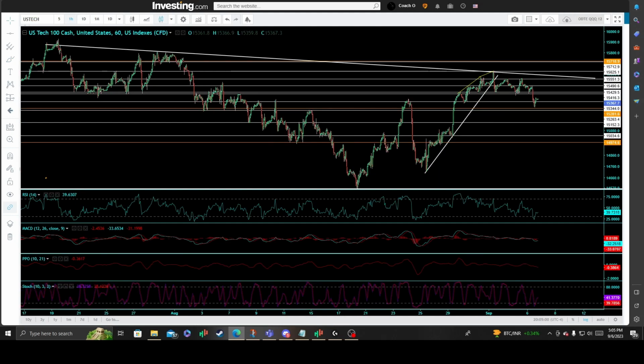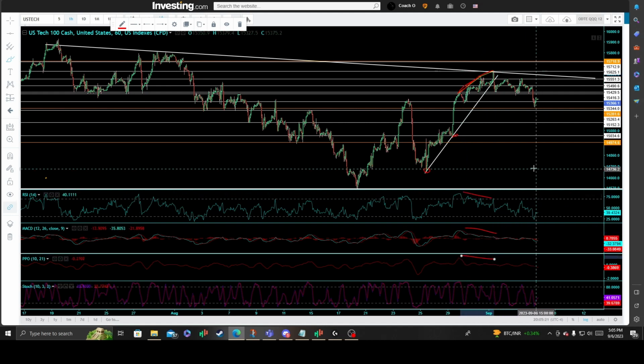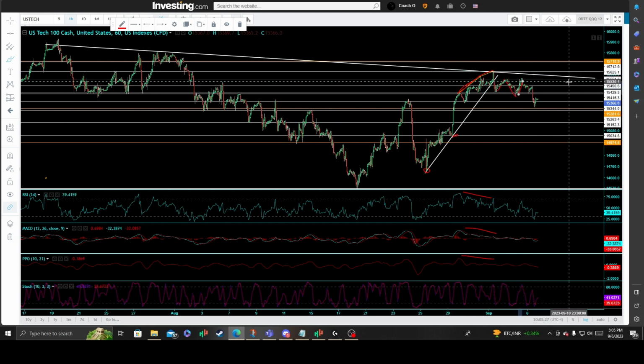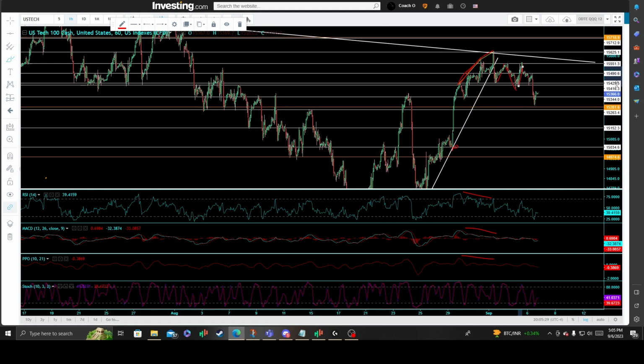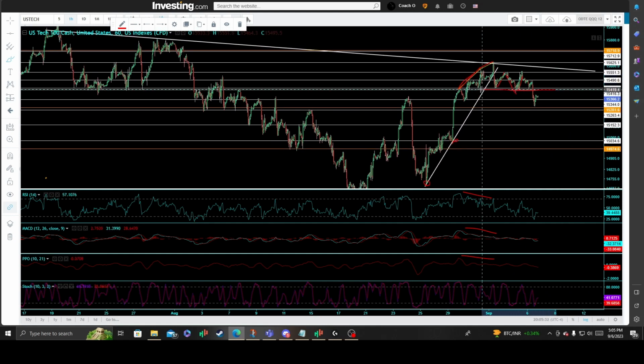Zooming you into the US Tech 100 futures here off the 60-minute interval, and I had favored a breakdown sell signal off this minor primary uptrend line, where we had these nice clean negative and bearish near-term divergences forming amongst all three technical momentum indicators. And that was met with a wave of selling, especially since we had cracked the 15,416 price support I had mentioned. And again, that was met with a stronger wave of selling when that level was taken out.